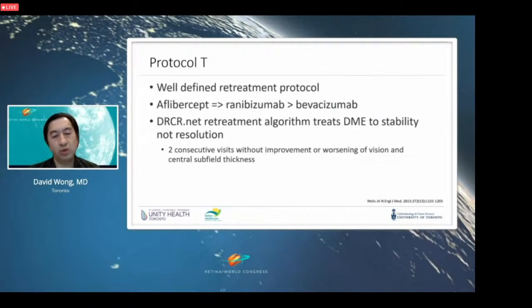Protocol T, we know very well, and I don't want to go through it in depth, but we know that the retreatment protocol is very well defined, and very quickly we know that aflibercept is equivocal or slightly better than ranibizumab in the area under the curve the first year, and both are better than bevacizumab. The important thing to note about the retreatment algorithm is that here the DME is to be stabilized and not